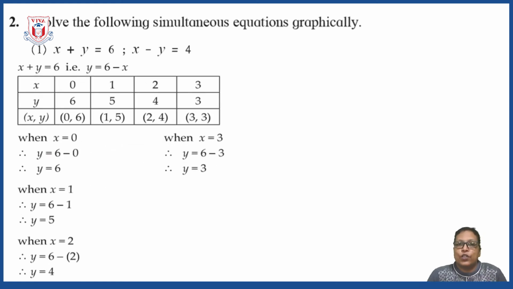So the first equation is x plus y is equal to 6. Always try to write the equation in the form of one variable, as we have done for the substitution method. So here we can write y is equal to 6 minus x. So it will become more simple for you to get the values. Even though I have shown you the working here, you can do it orally also, because y is equal to 6 minus x. So if you take different values of x, very easily you can get the values of y.